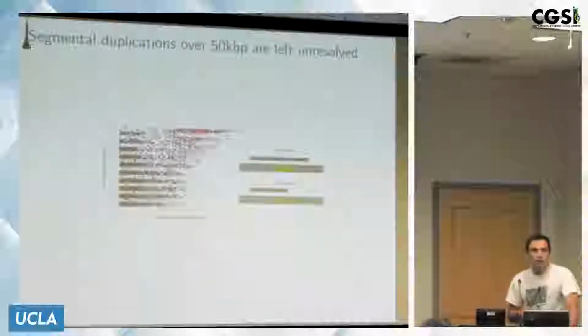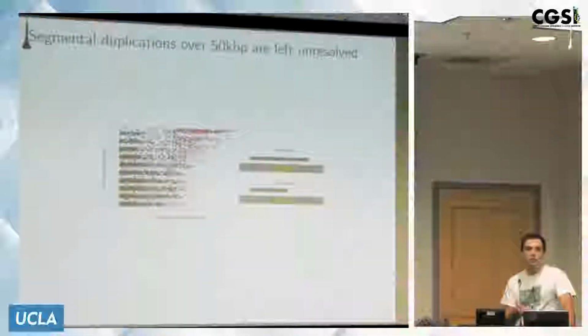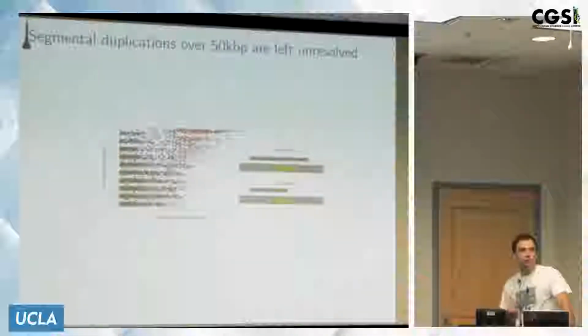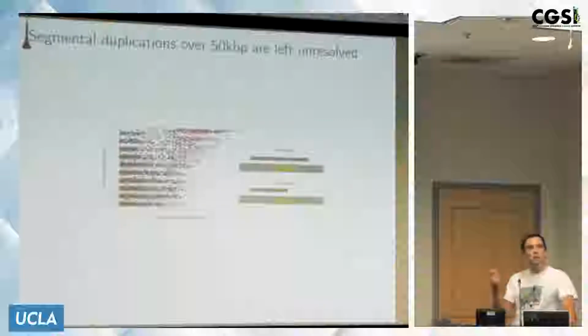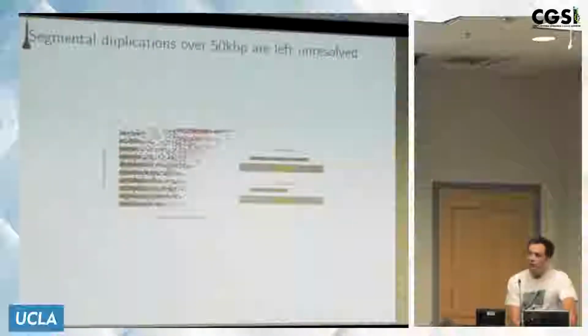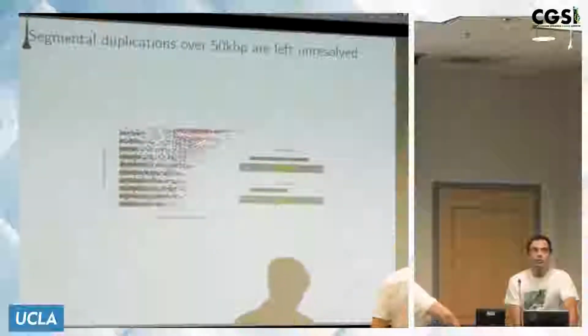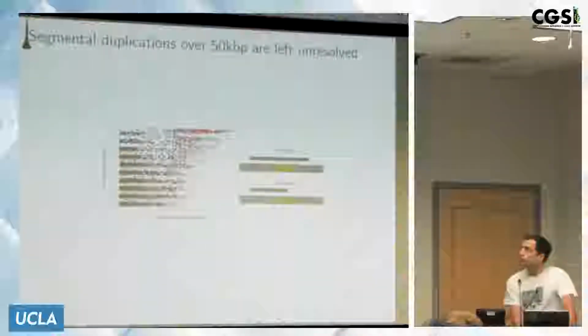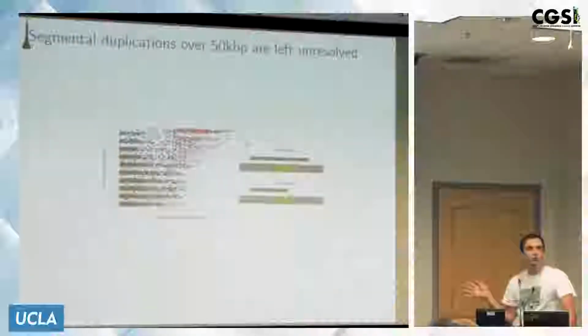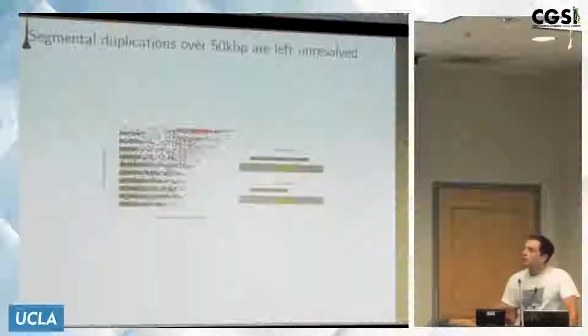So again, this is another slide that I showed last week, but to go over it again, you can take de novo assemblies and try to measure the contiguity with respect to resolving segmental duplications. Mapping these contigs back to the genome, we can look for annotated segmental duplications, shown in green. If an assembly spans plus and minus 50 kilobases over a segmental duplication, we consider that to be resolved. And if it ends in the middle of it, we consider that to be